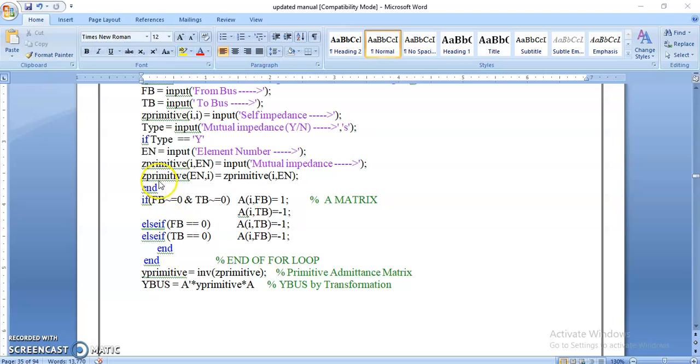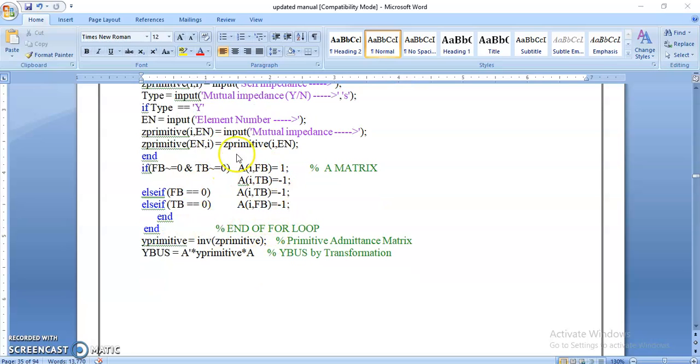Okay. So once you have got all this impedance, this indicates the formation of A. How do you find A? If the element is in between any two nodes, if it is towards, you have to take negative, away positive. So from bus it is 1, towards bus it will be -1, if both are not equal to 0. Obviously if one of them equals 0, you have to type -1 for the towards bus or from bus. Okay, this is from the A transpose.